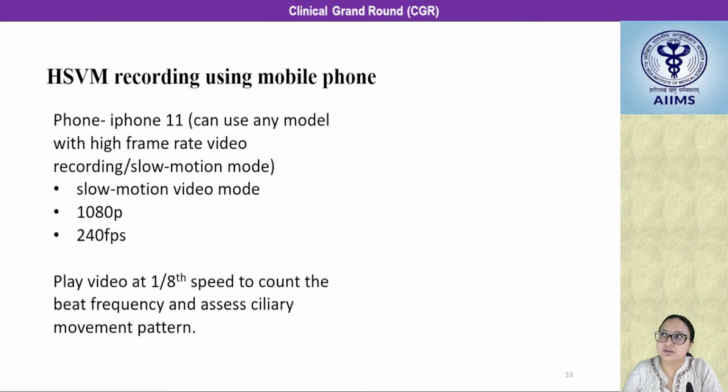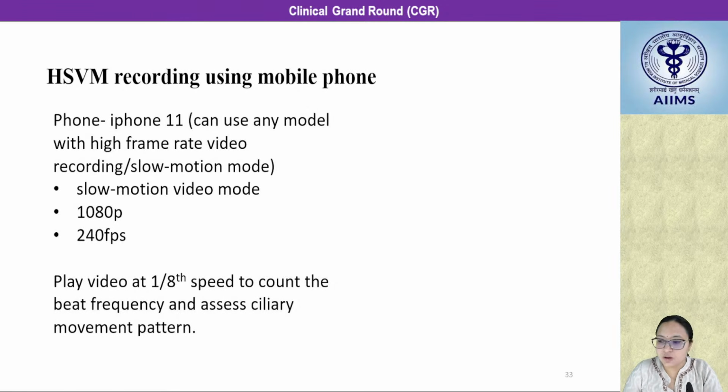So here also the department has employed some innovation using a regular mobile phone, a smartphone. Ideally, we can use any model with a high frame rate video recording or a slow mode. The video is made in slow-mo because normally the beat frequency is very high. If we have to count it manually, we need to slow it down to at least either the slow-mo